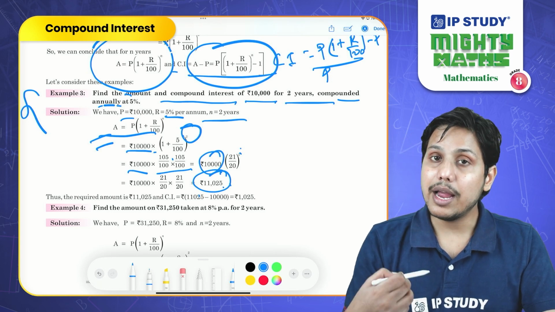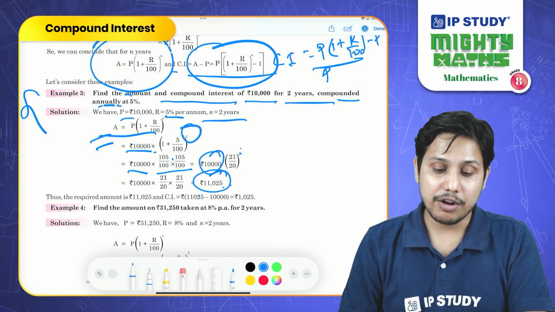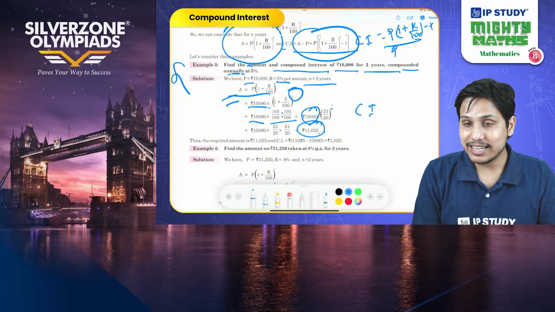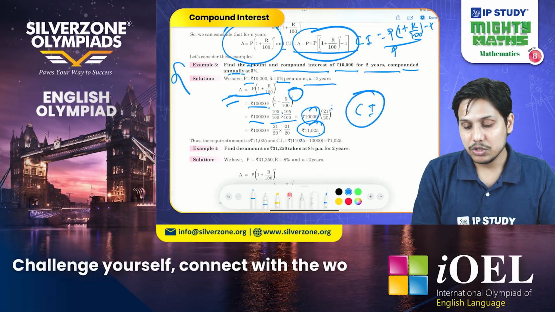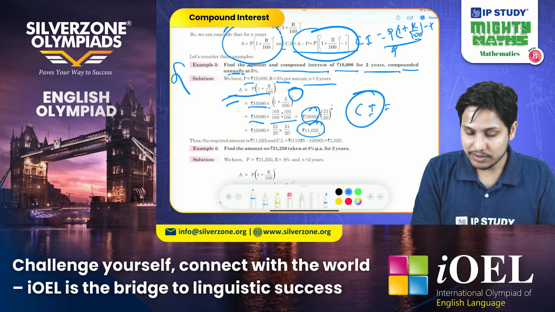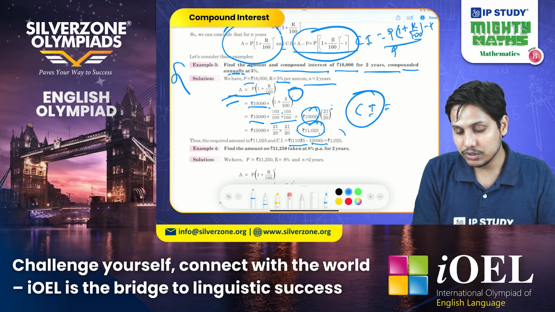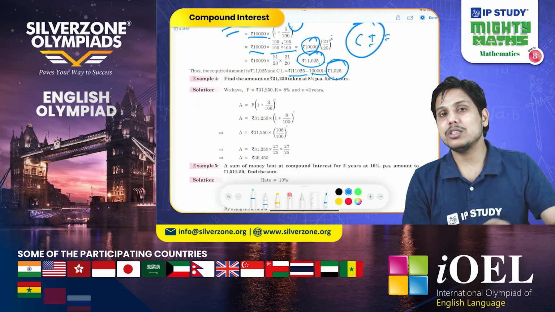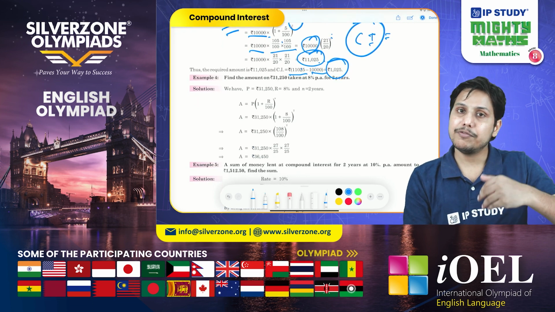So this is the total amount after 2 years. Yes, but if you want to calculate the extra amount, that is the compound interest, it will be the total amount 11,025 minus 10,000, which is 1,025. Yes, so compound interest for the same time period, at the same rate of interest and on the same principal